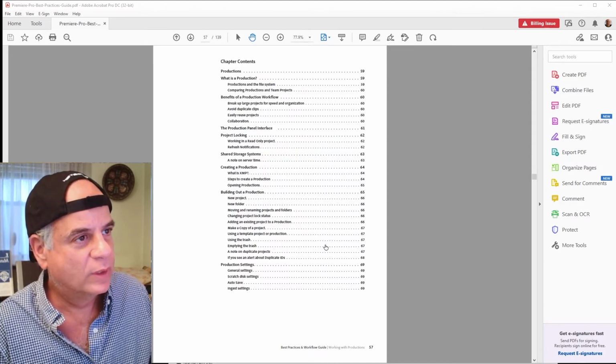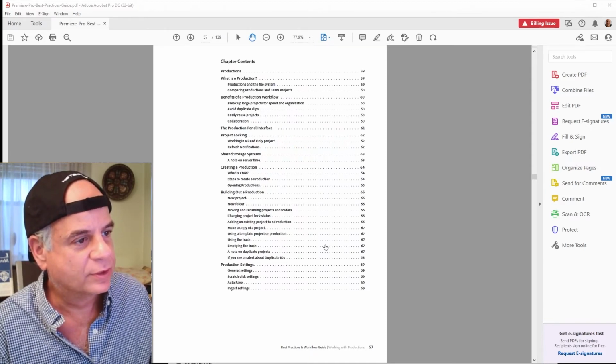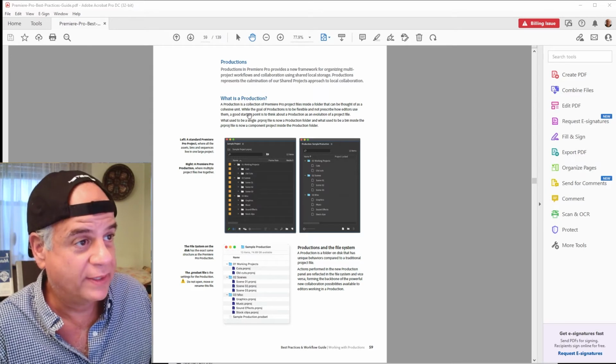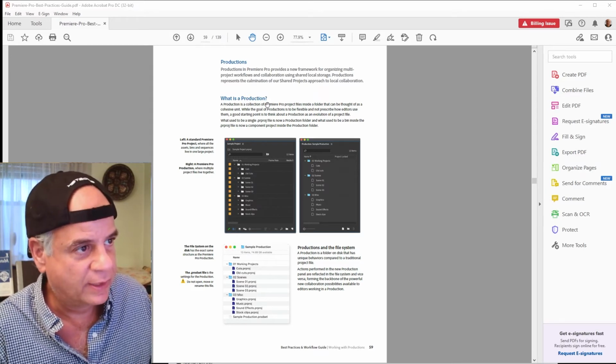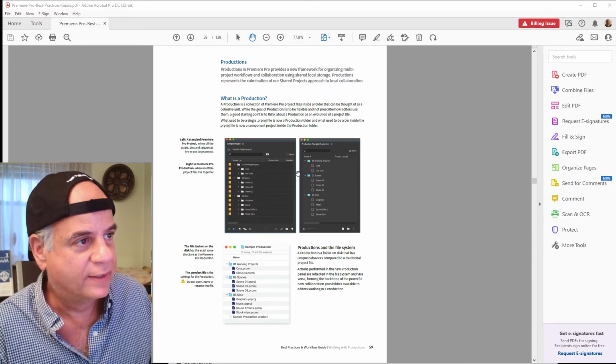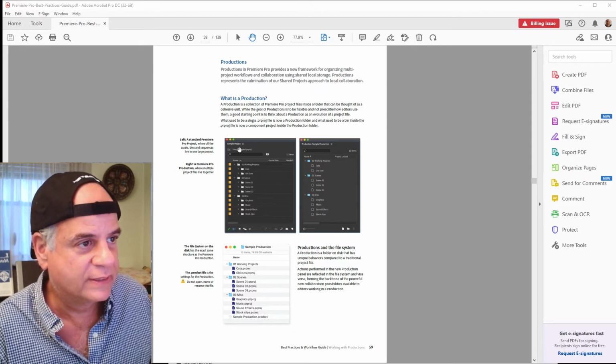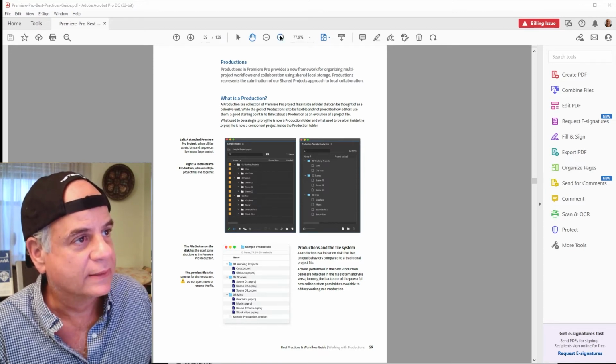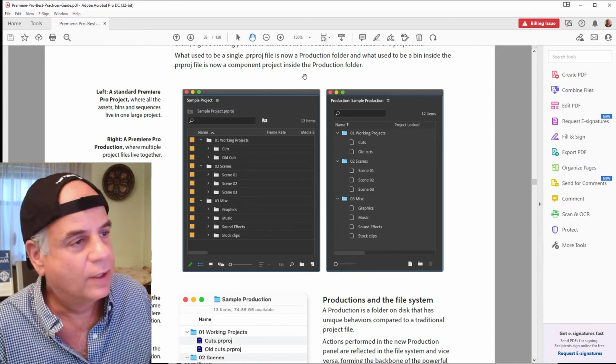So let's see what's in this chapter. Here's the chapter contents. Okay, it starts out by talking about what is a production, and the way that it differs from the other way. Here you can see, for example, a traditional bin project window in Premiere Pro. Let's zoom in a little bit on this actually. So you can see here